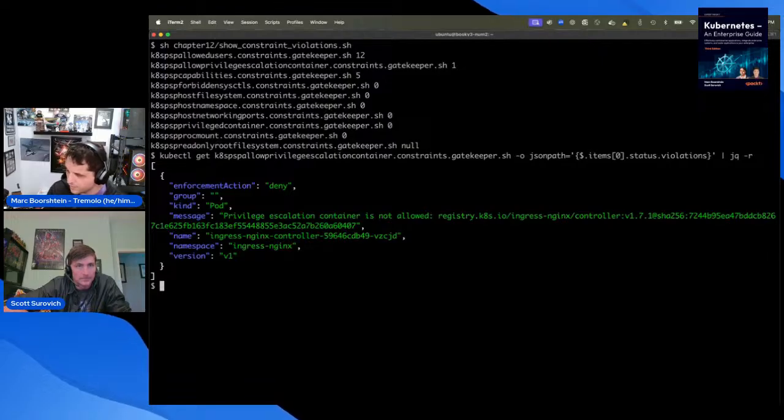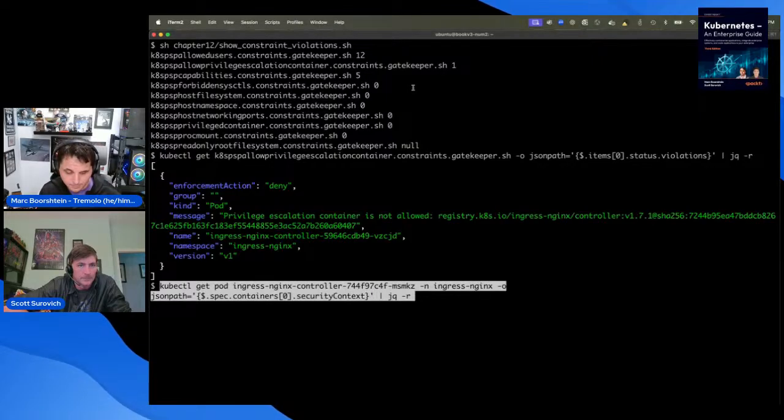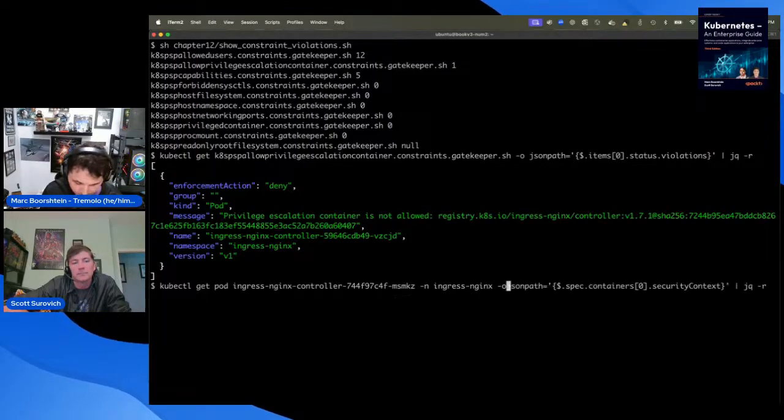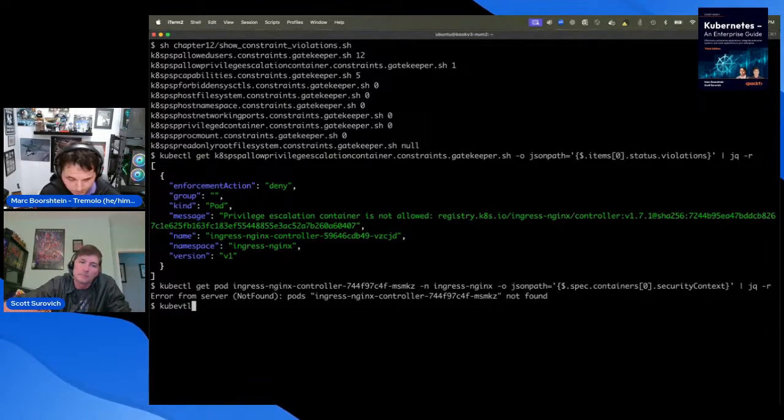So we want to figure out what's going on here. Let's take a look at this pod. Control clear.